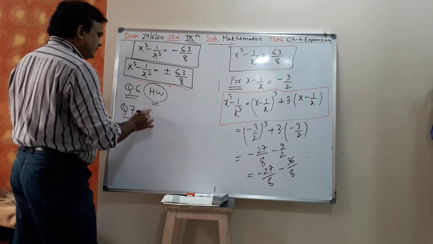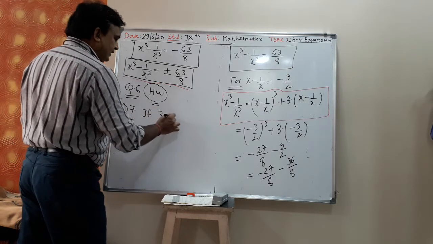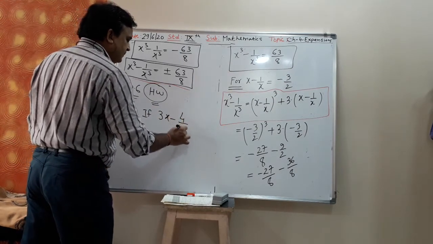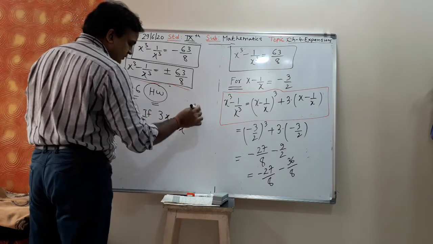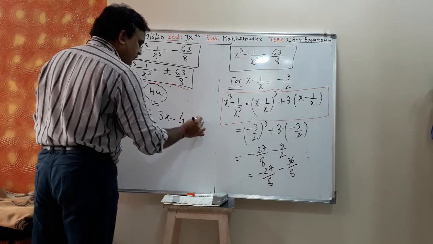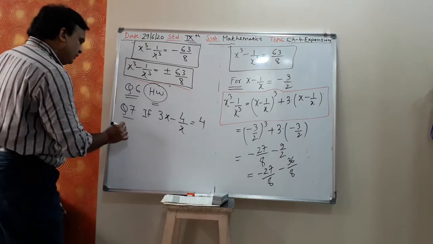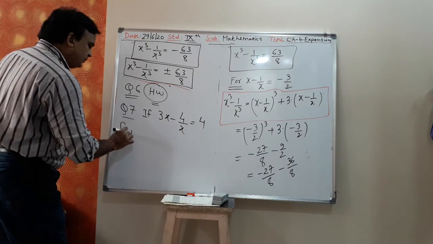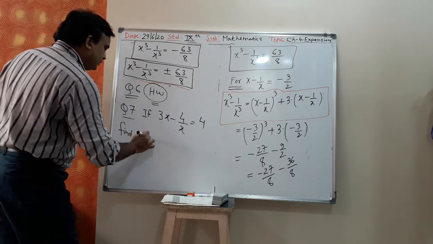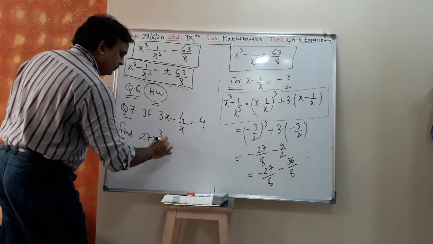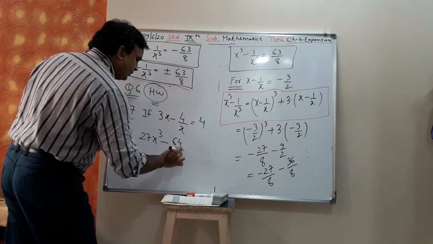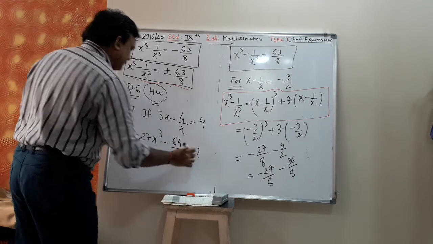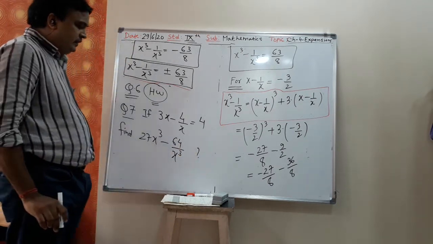If 3x minus 4 upon x is 4, then find the value of 27x cube minus 64 upon x cube. Find the value of this. Now you suggest whether I should solve this or